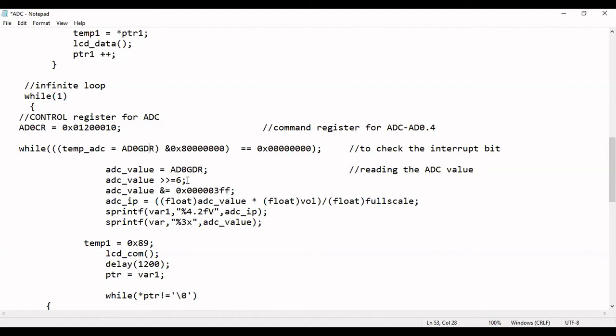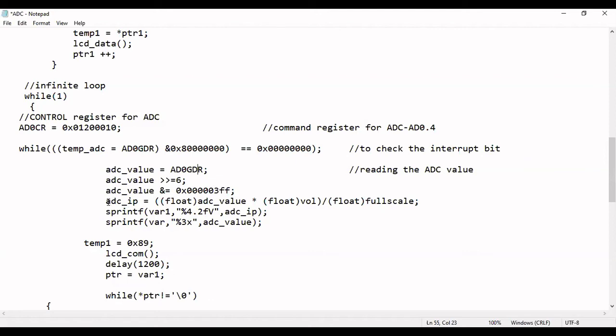So that is the reason I want to shift those bit values towards the LSB side, by 6 bit positions. This instruction is going to do that. Then that value will be compared with 3FF. 3FF is your maximum value. After the conversion, whatever result you have got, you compare that with 3FF. When it reaches 3FF, all the conversion is over. Starting from 000 analog input till the last value, the conversion is done.